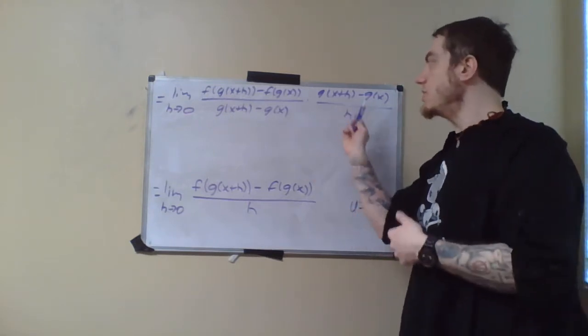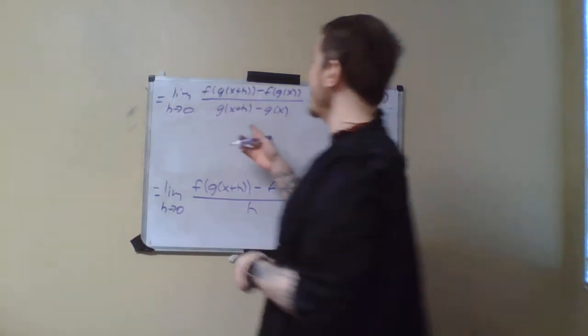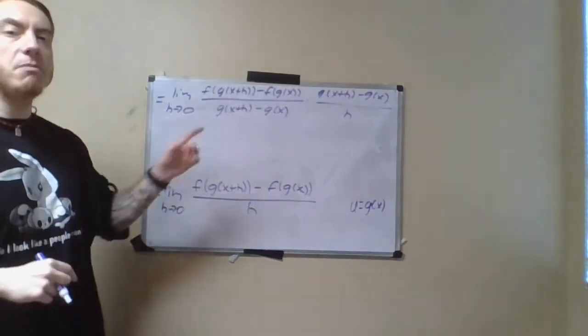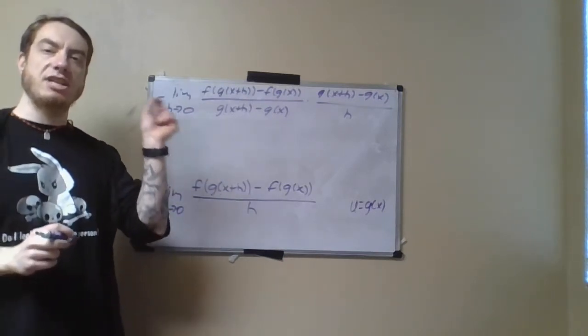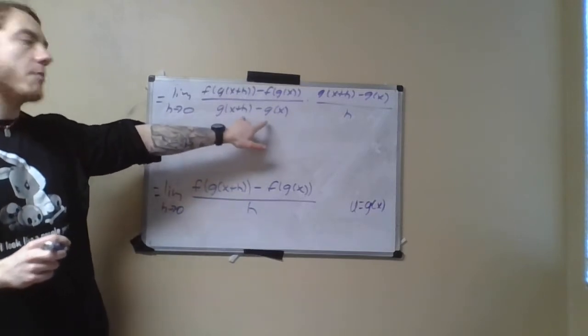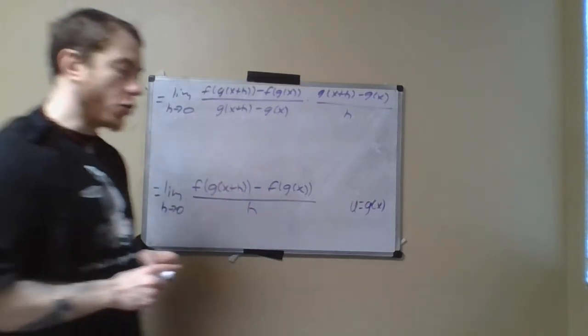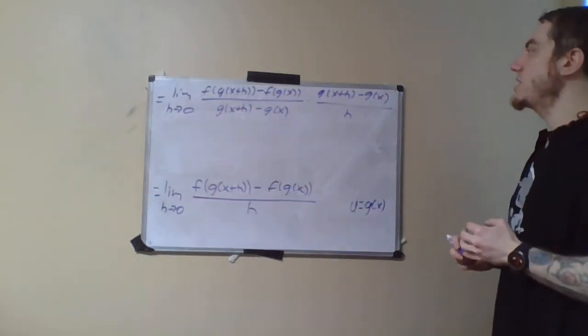Then I can just do this and everything works out nicely. But maybe for sufficiently small h, there is no choice where we can say, well, as long as we restrict h to being this small, we can guarantee that this denominator will not be 0. So what do we do then? Well, in that case, what we can do is